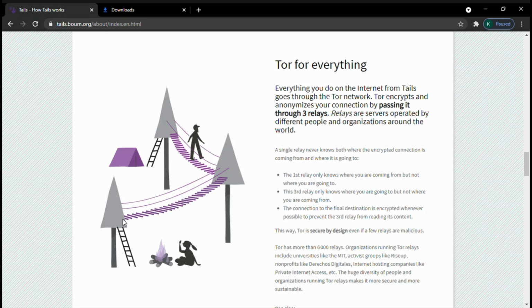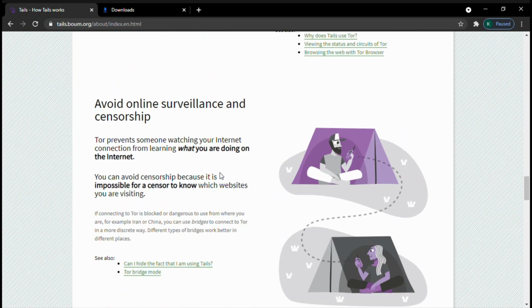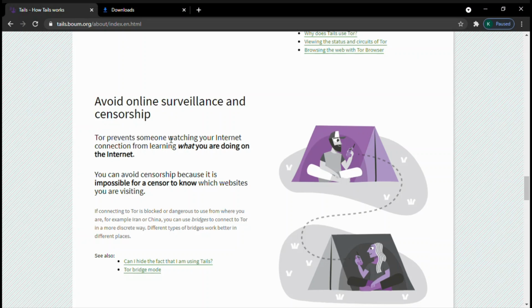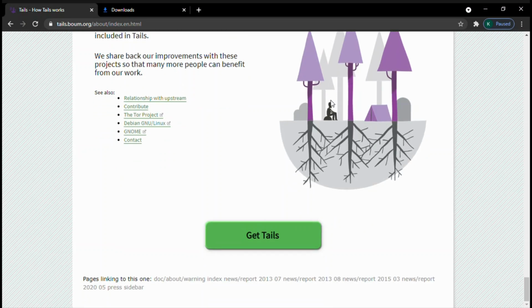Here the data going out from the PC will be completely through Tor. Here in the picture you can see a person coming from a faraway place, but he goes through 3 centers and finally comes to that woman. But the woman sitting there thinks that he is coming from the tree in front of her. This OS runs in the same way.